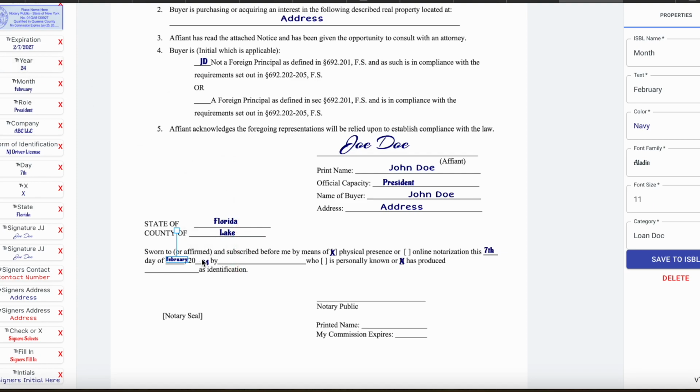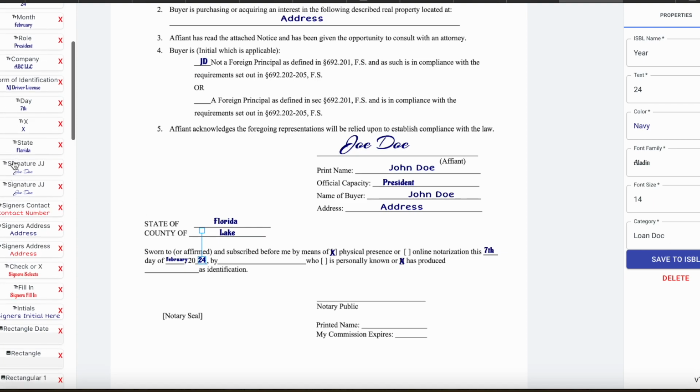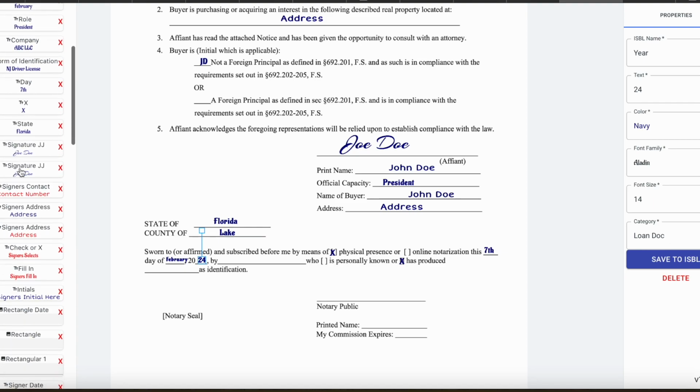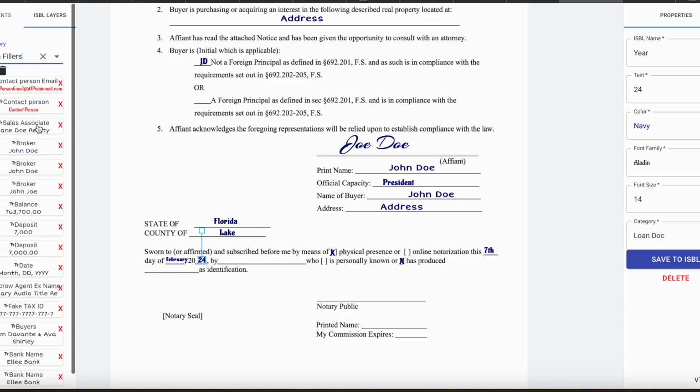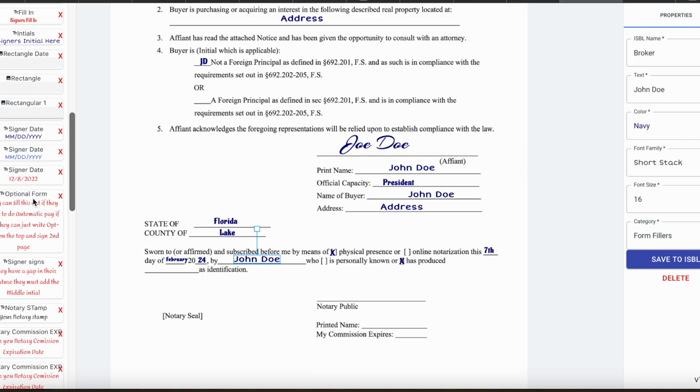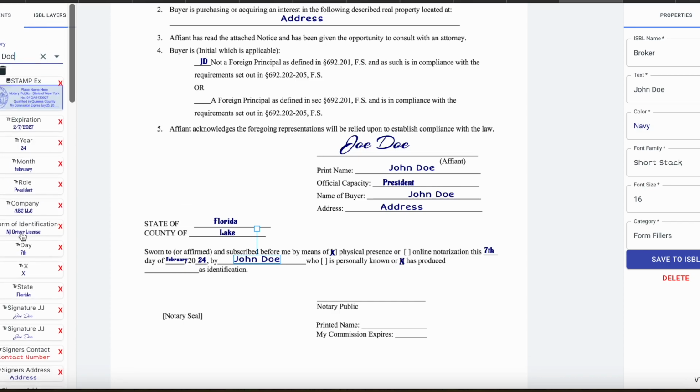2024, by who signed the documents? John Doe, because he's a representation. Who signed the document? John Doe. So personally appeared was John Doe. Who showed you some ID? The ID that they showed you was the driver's license.